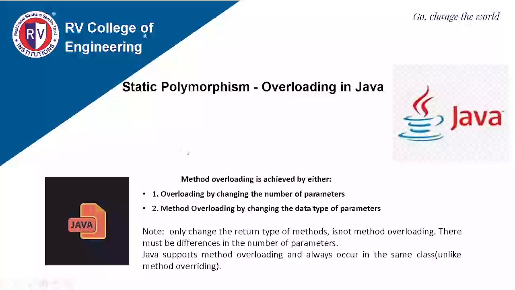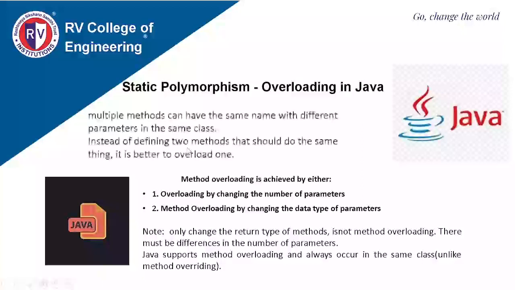So what is method overloading? Multiple methods can have the same name with different parameters in the same class. Instead of defining two methods that should do the same thing, it is better to overload one. Method overloading is achieved either by changing the number of parameters or by changing the data type